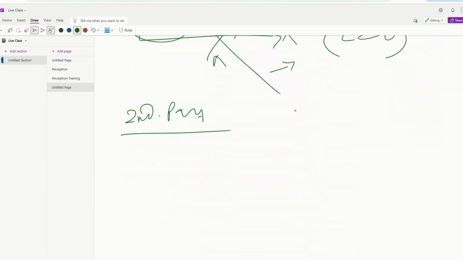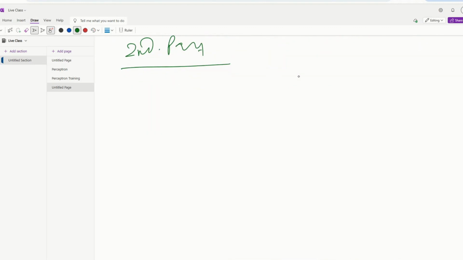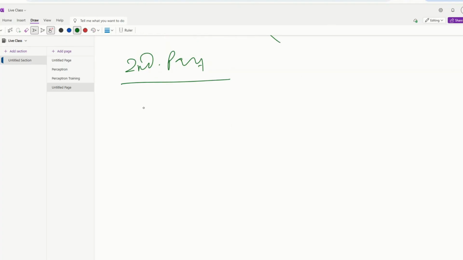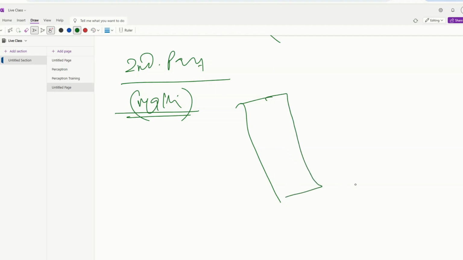Now let me talk about the second point which I want to talk about. Before I discuss the second point, I want to teach you some math first, then I will come to the point. Let me teach you one basic concept of math. Let's suppose I have a plane, and the equation of the plane is